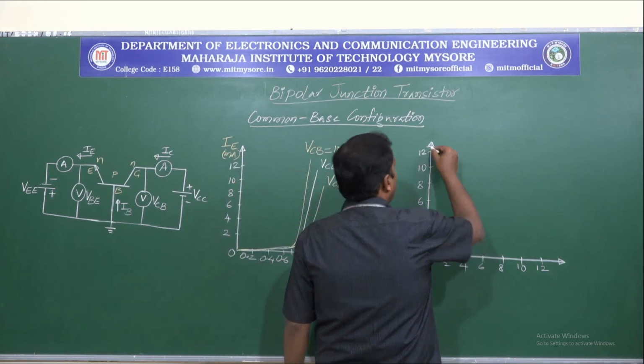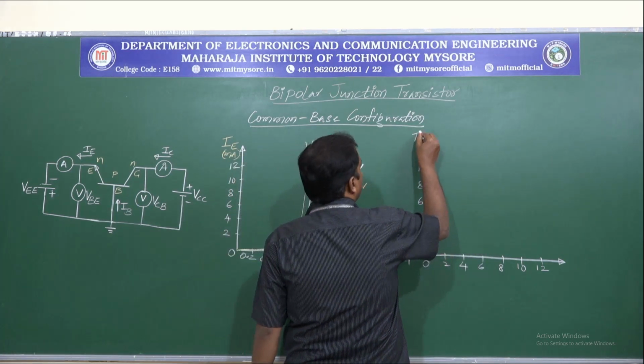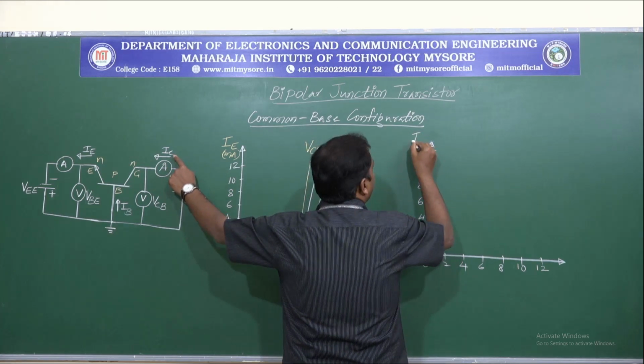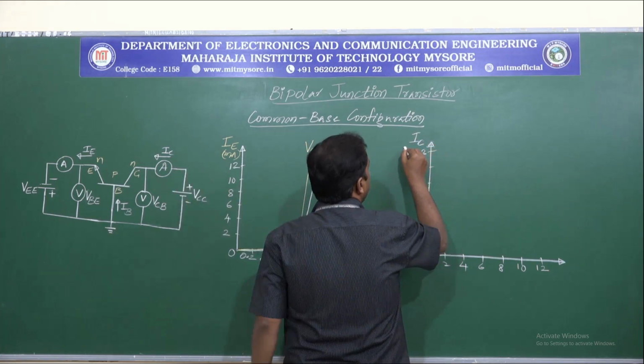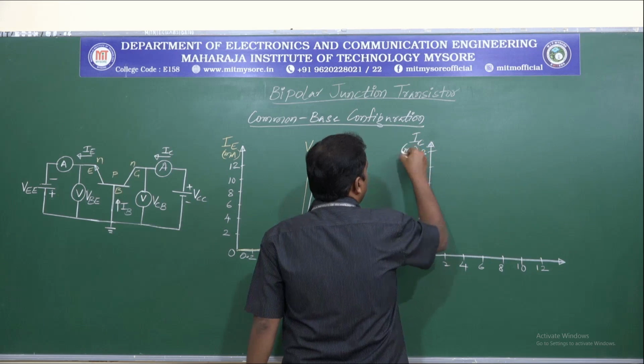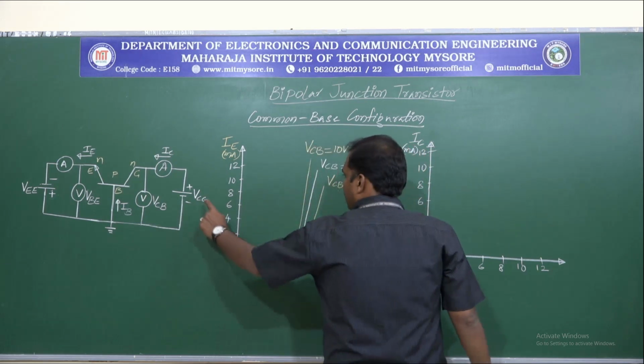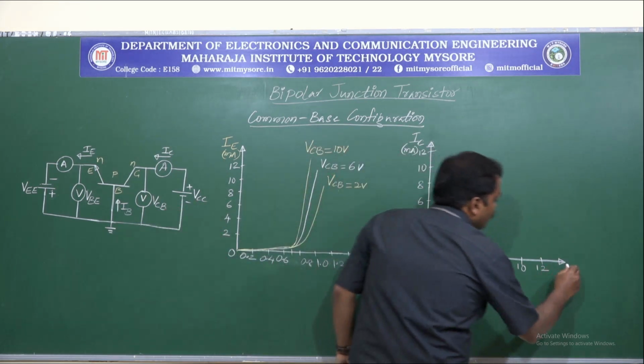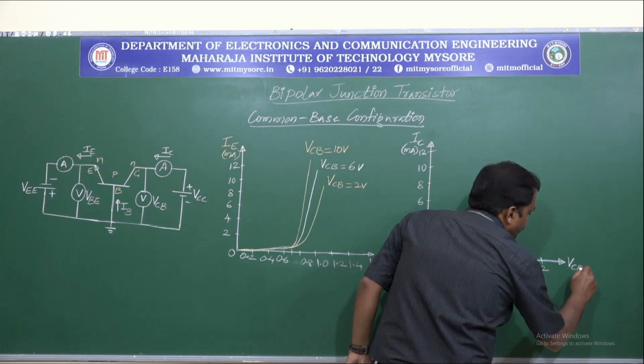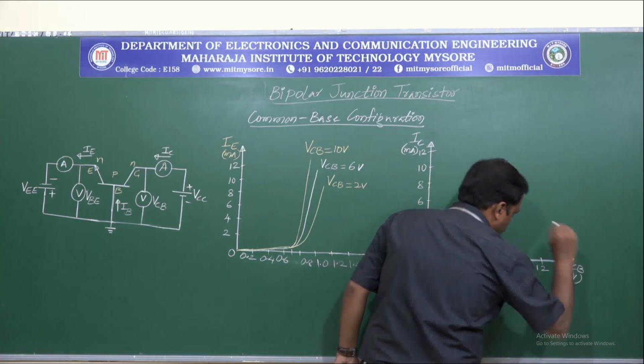So here on y-axis we'll be having the output current, that is collector current IC, we'll represent this in milliamperes, and x-axis will be having VCB. This will be in volts,